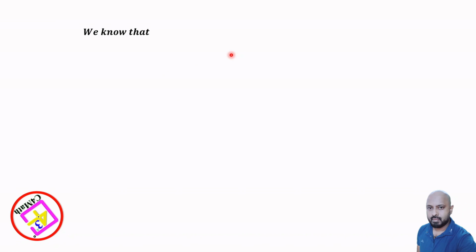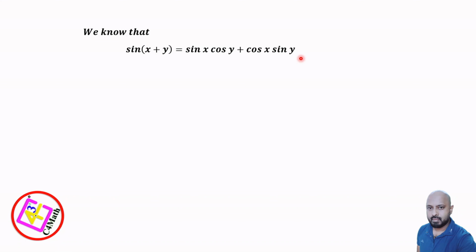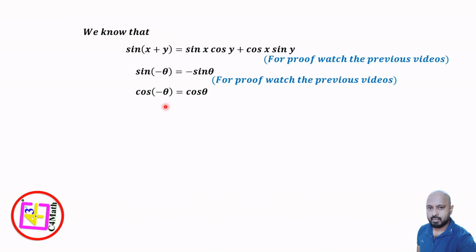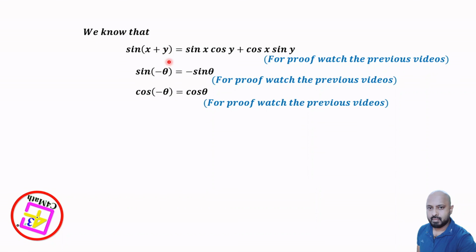First of all, we know the relation sin(x + y) = sin x cos y + cos x sin y. Then two other relations: sin(-θ) = -sin θ, and cos(-θ) = cos θ. We are using these three relations here to find sin(x - y), or the proof of sin(x - y)